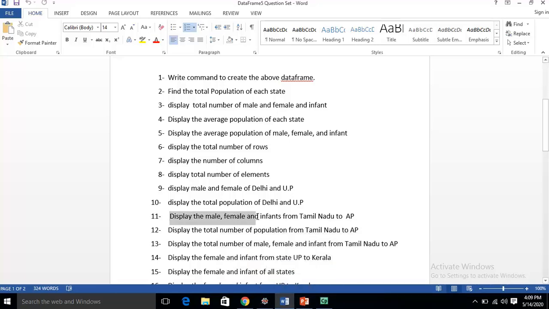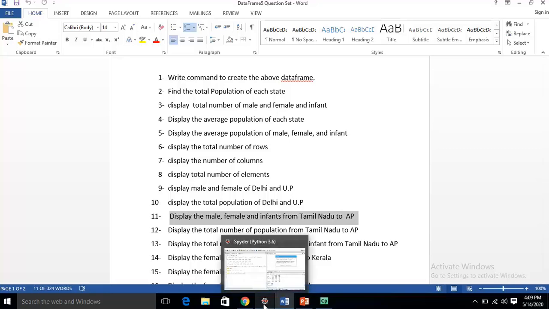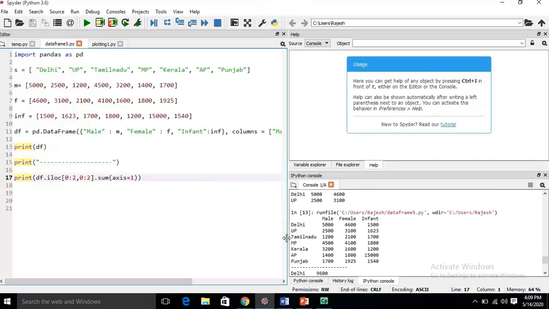Tamil Nadu is here and AP is here. As we have to select this range of data from here, obviously when you have to use the range of data, we will use ILOC.